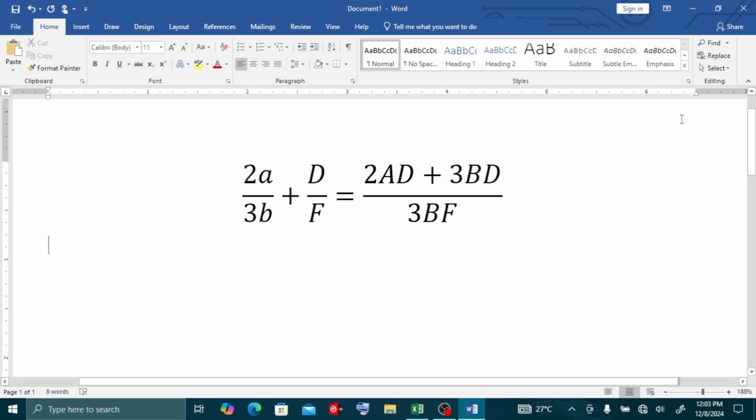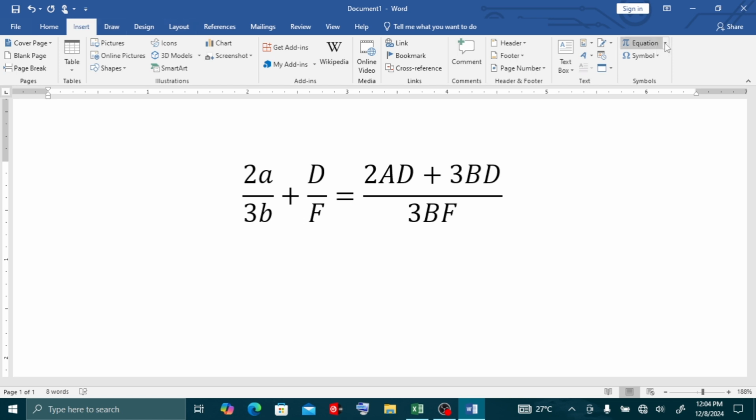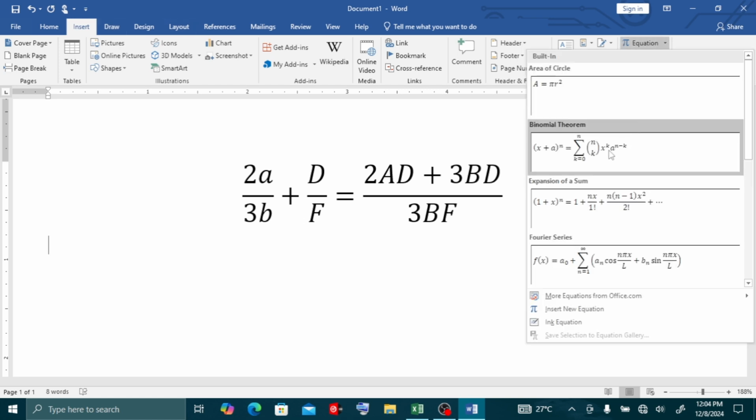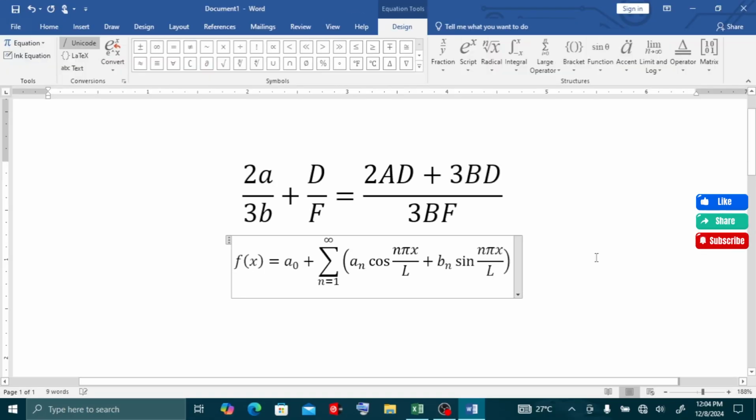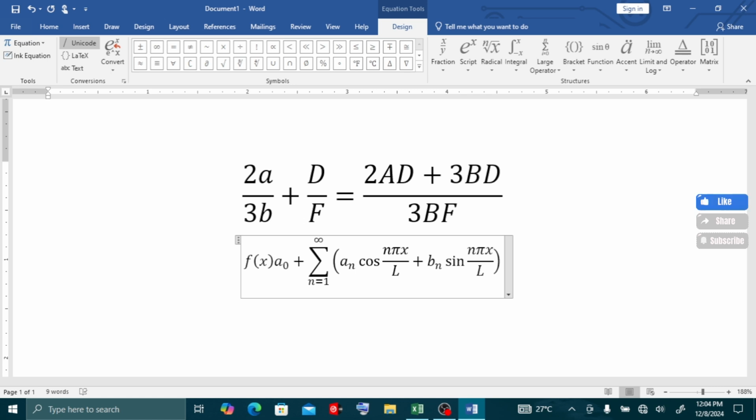Again, we can bring another one. You go back to insert, go to equation, and let us take this one. Even this one, we can modify it. Even these signs, you can remove them. For example, you can remove equal signs.